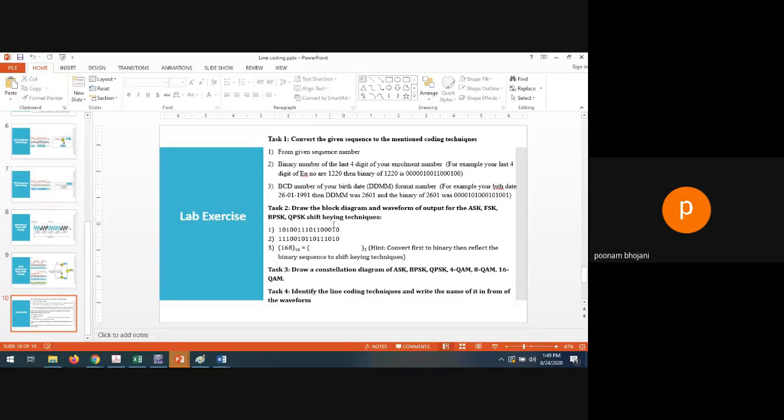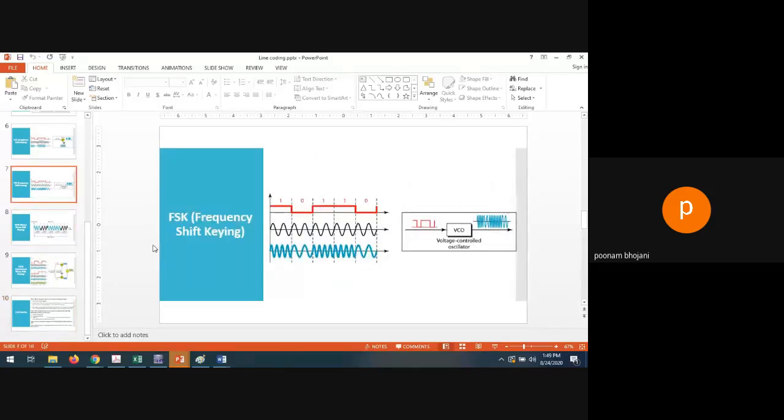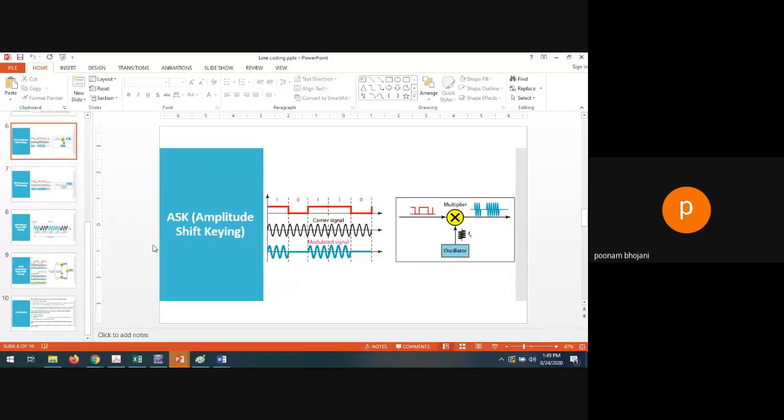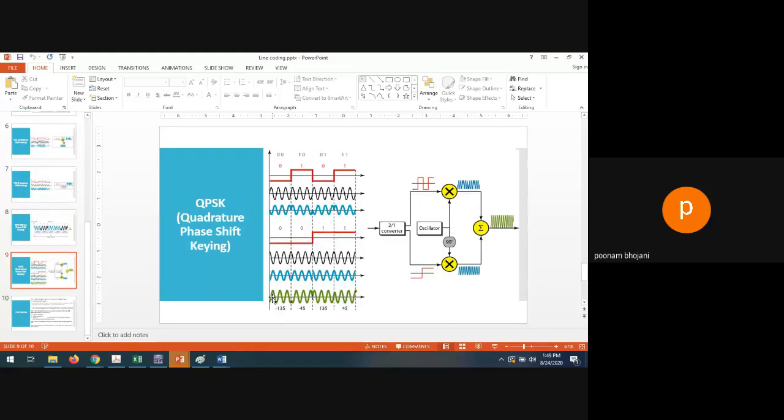So how to draw the ASK waveform? How to draw FSK? How to draw PSK? That also is given in the PPT, the signal encoding PPT, and here also it is given. So see, if the number is 1010110 something like that, then you can draw the ASK like this. Right? Wherever 0 is there, you draw a blank straight line. And whenever 1 is there, you draw the carrier signal. Right? So this will be your ASK signal. This is your FSK signal. PSK signal, binary PSK. Right? And this will be your quadrature PSK.